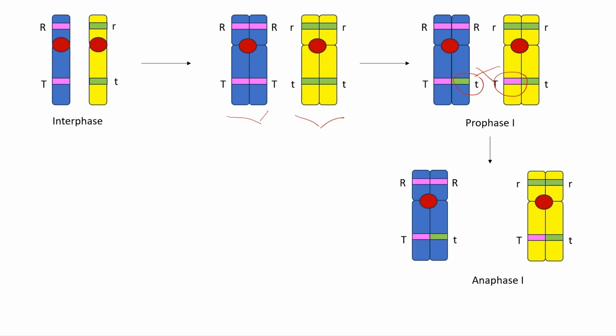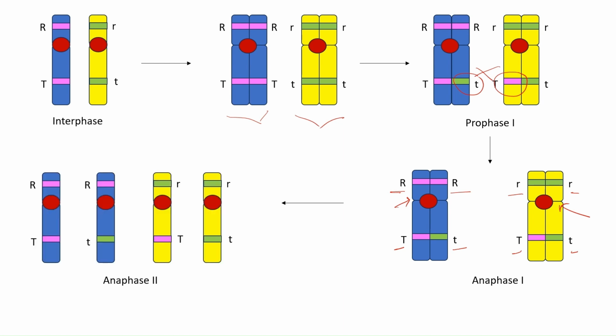Now this is anaphase 1. In anaphase 1, capital R, capital T and capital R, small t are still linked together with one centromere. Similarly, small r capital T and small r small t are still linked in anaphase 1 through the centromere. Correct? During anaphase 2, they are all separated or segregated. So when crossing over happens, the law of segregation works during anaphase 2. When there is no crossing over, the law of segregation works during anaphase 1,